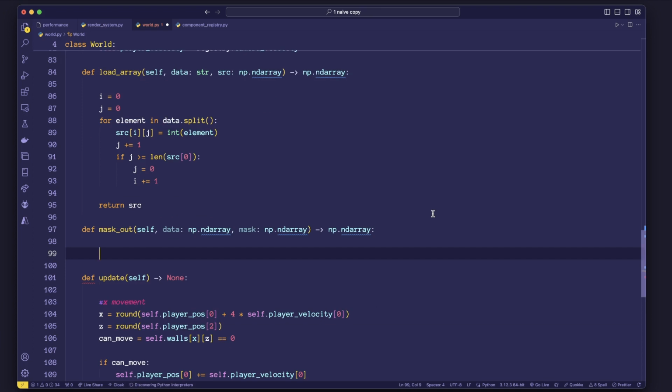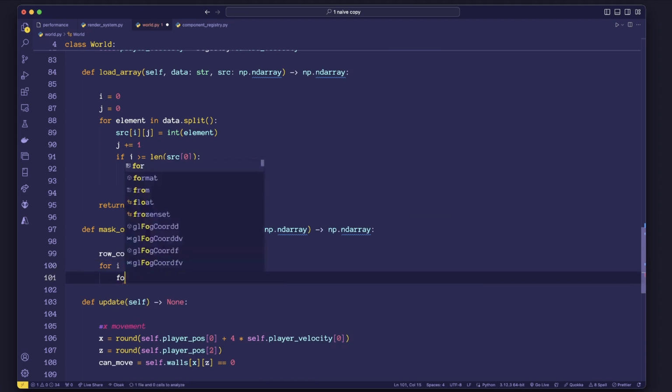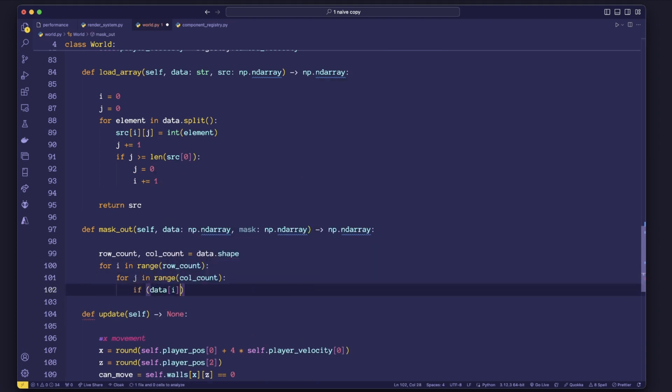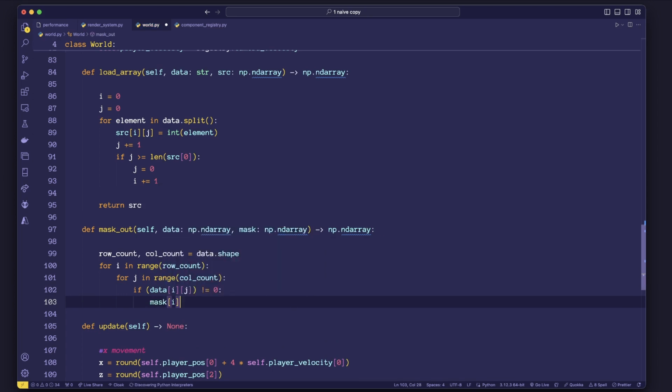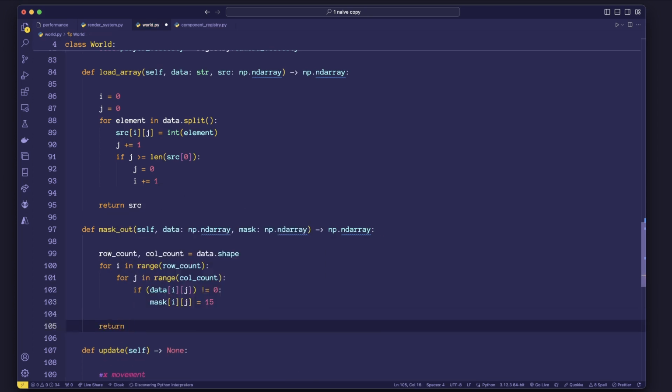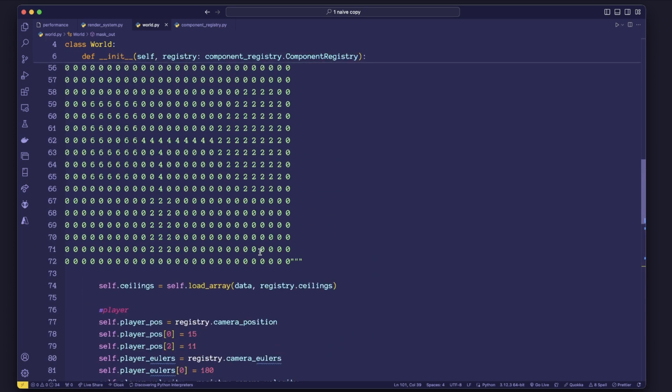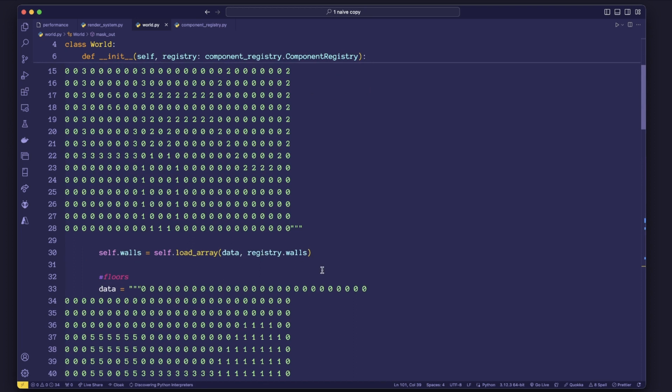So there's a few stages to this. The first stage is we'll look through everything and wherever there's a wall, we'll give it a full mask to start with. Cool. So like I said, we just look through everywhere we see a wall, and we initialize that, like fully draw everything. Cool. So just to test that, I'll go ahead and right after I make my walls,